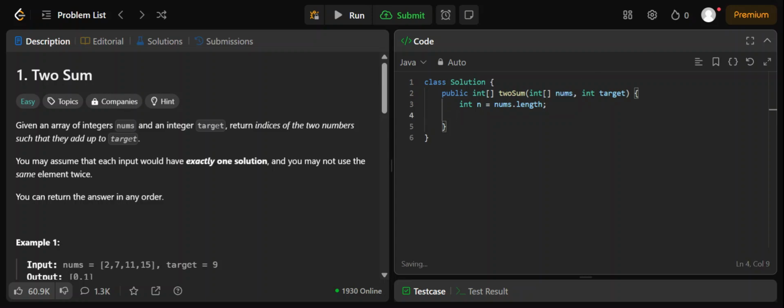And here, int[] nums is the array of integers, and target is the value that the user will input and then do the operation. So now, as we got the length of the array, we have to run the loop for finding the numbers in the array whose sum is equal to the target. As you know, for checking the numbers in the array, we have to run the for loop.